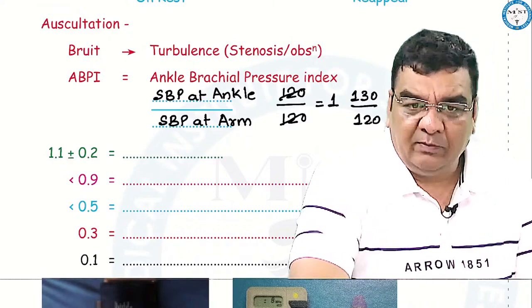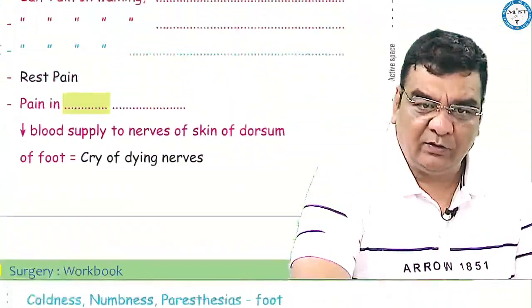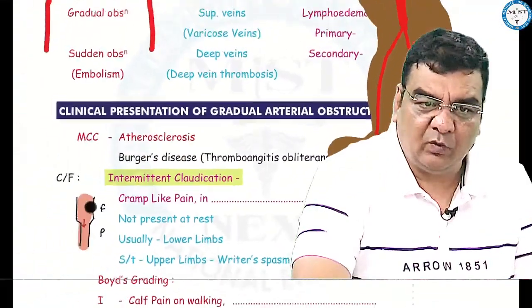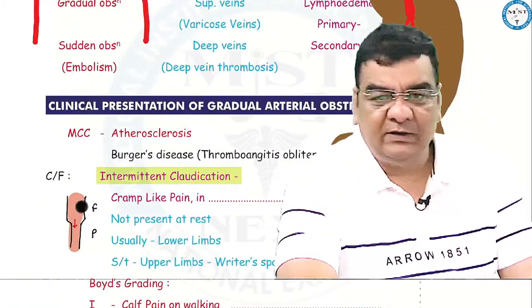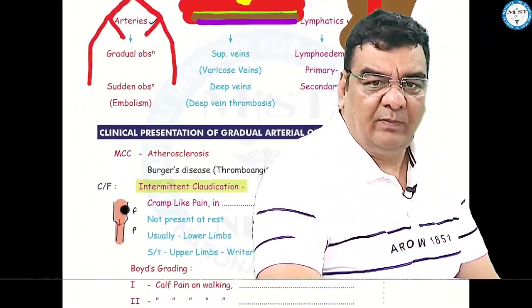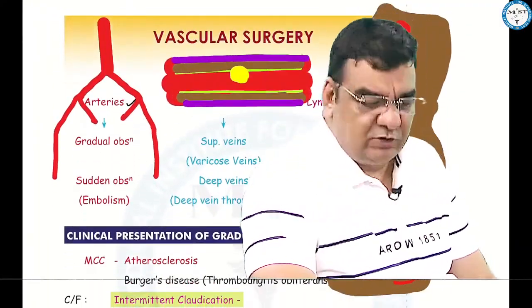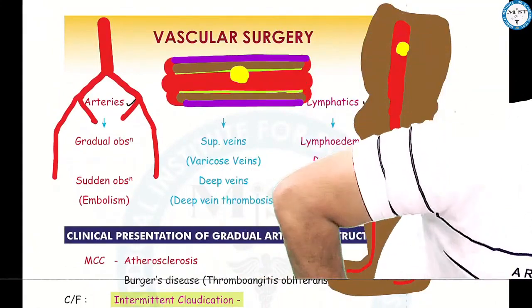Now look at me carefully, beta. Look at me on the screen. Now what we are going to do, we are just trying to understand what is going to happen in this arterial obstruction story. So in this particular case,